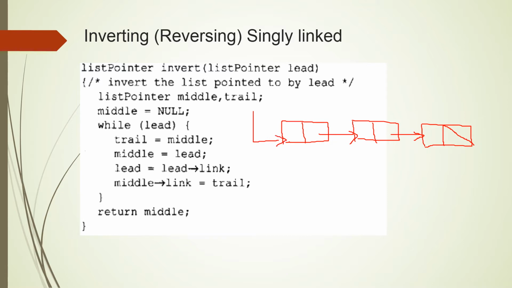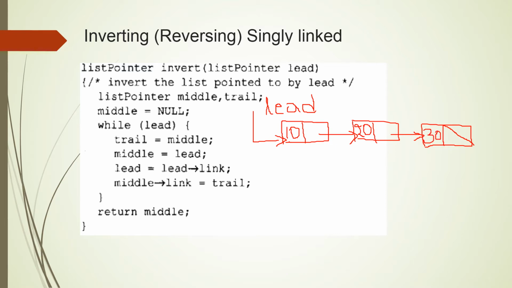So, therefore, you need to have a name for this first node. Usually the variable first is pointed to the first node of a list. Here instead of first, the author has used a variable called lead. Lead is a variable pointing to the leading node or first node of the linked list. Let us assume that the value in the first node is 10, the value in the second node is 20, and the value in the third node is 30. This is the given linked list.